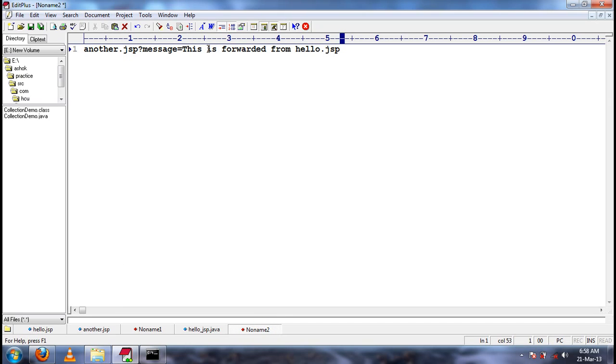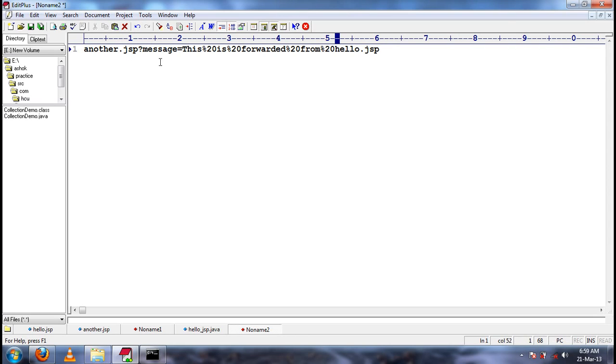But spaces are converted, I think to percentage 20, whatever it is. After encoding, spaces will not be there. So percentage 20 will represent the space after encoding. Understood?